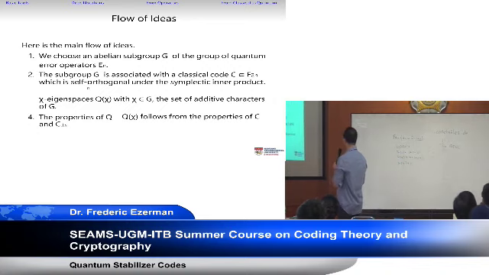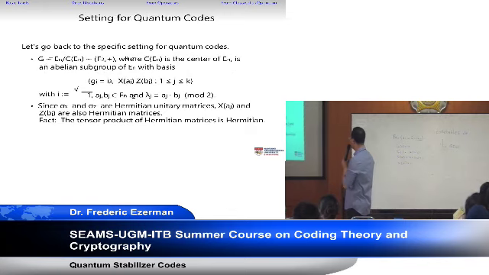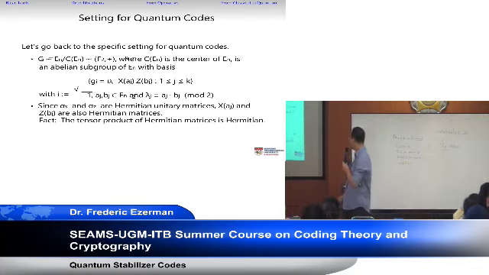Okay, so let's go back to quantum code. I have the group. It is actually this group, and it is isomorphic to this group. Sigma x and sigma z are Hermitian unitary. Then X^{a_j} and Z^{b_j} are also Hermitian matrices. The tensor product of Hermitian matrices is also Hermitian. Then you know that this is what happens